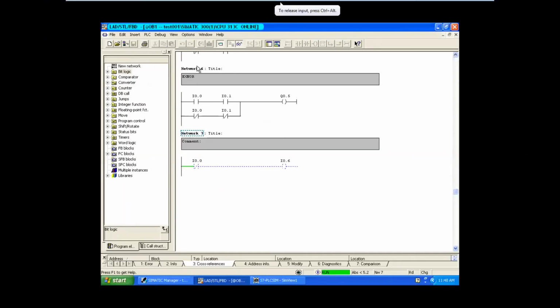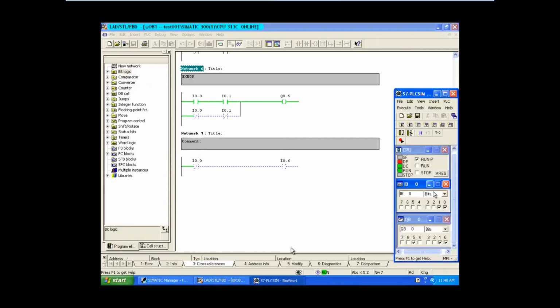See here. Okay, I have not turned off this previously. Now see. Okay, just a minute. I see, I have given the wrong address here. It is Q 0.6.